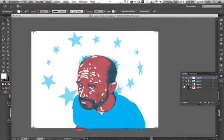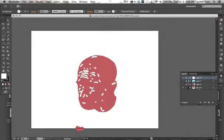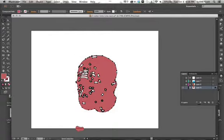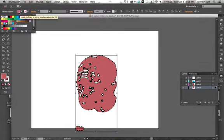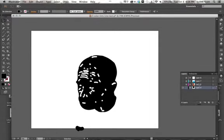The other way to do it, though, is to not do that and let the printer put the registration marks on there for us. So I'm going to go ahead and walk through this. I'm going to select everything in this layer. Just one layer I'll do, and I'll change this to black. I would do this to all three of these layers, the blue one and the brown one. And then I'd go to print, so I just go Command P,